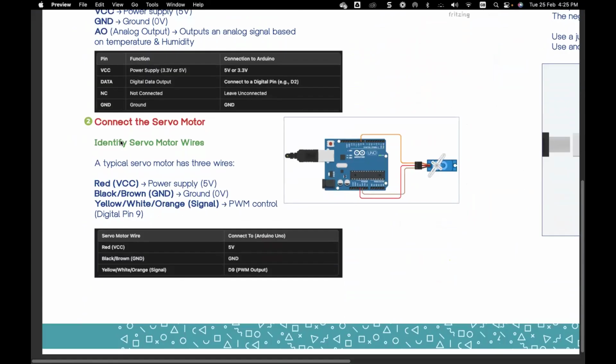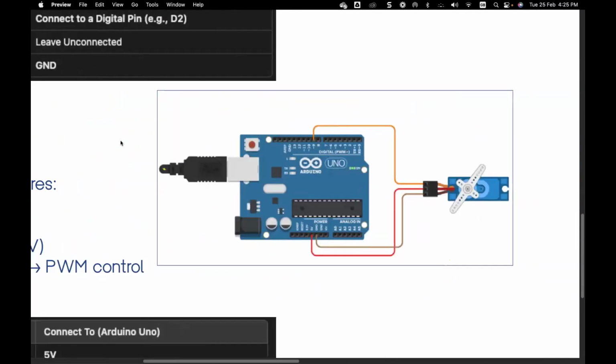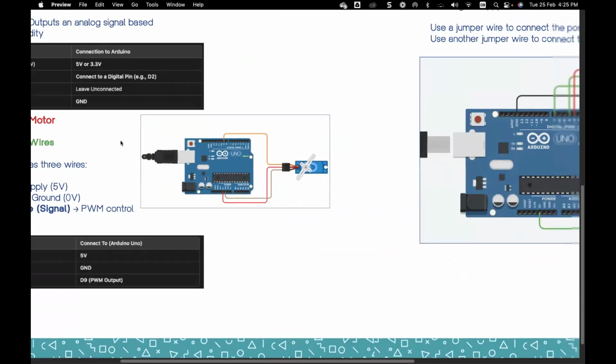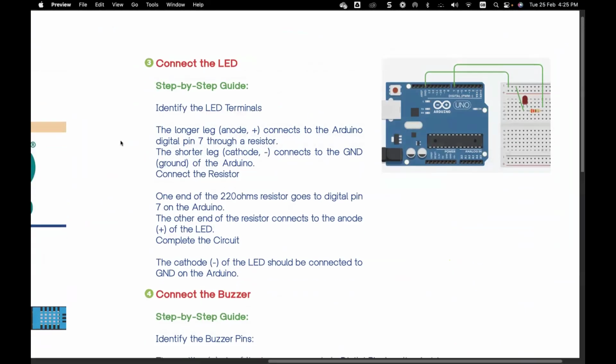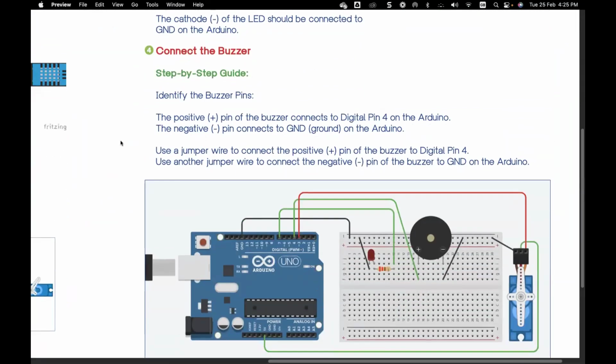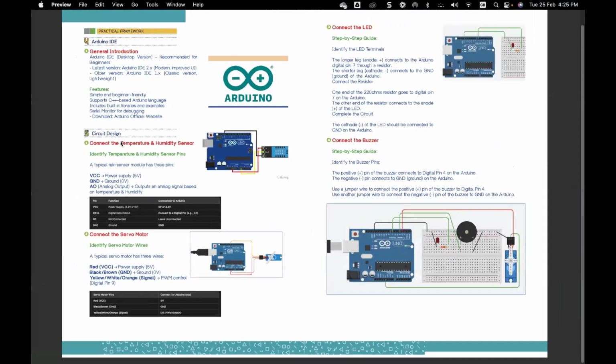I will move later to the servo motor. Also, I will show how a servo motor will be connected. Then I will go to the LED, and I will show how to connect a buzzer. So once students have a clear idea about how to integrate each element alone,